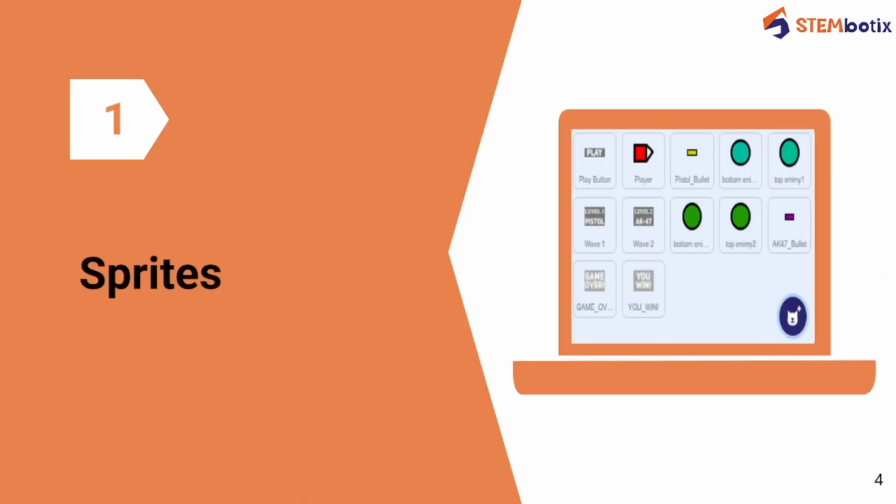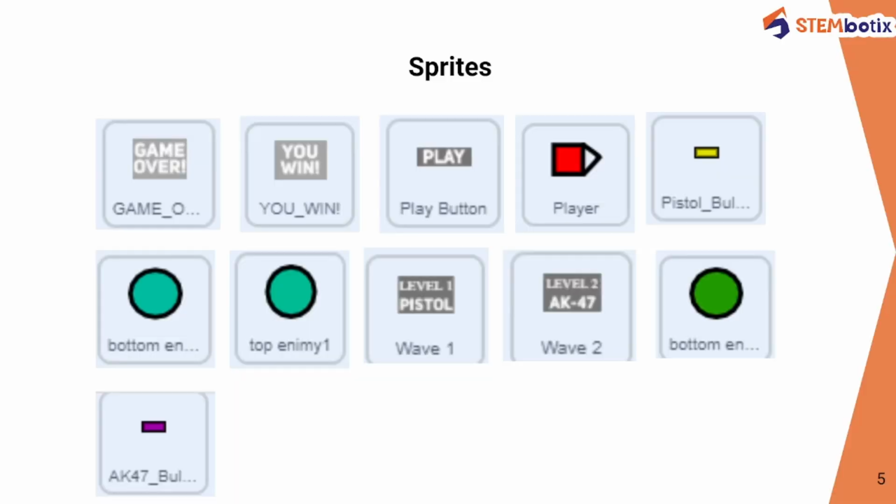This is the first part in which we are going to discuss the different sprites. As you can see on the screen, these are the different sprites which we are going to use in this game. We are going to need this when we are displaying the game over section. After that we will use this when the player is going to win the game. To start the game we are going to use this play, and this is our player. These are two different pistols: this is one pistol and this is AK-47. After that we have different enemies, level 1 and level 2,